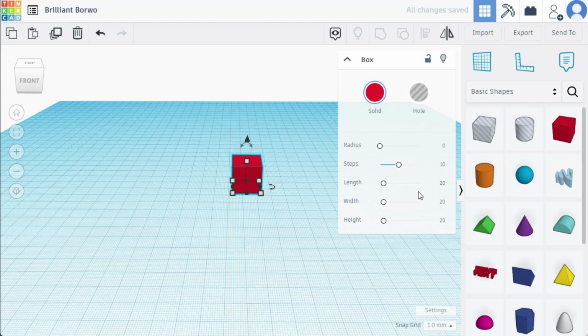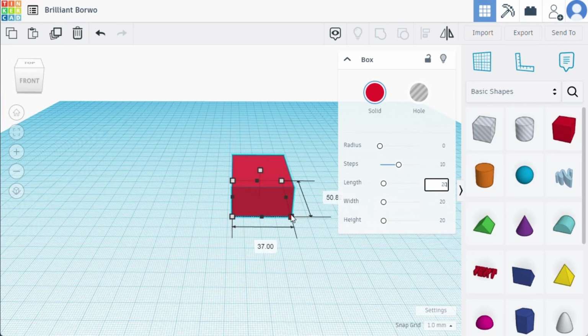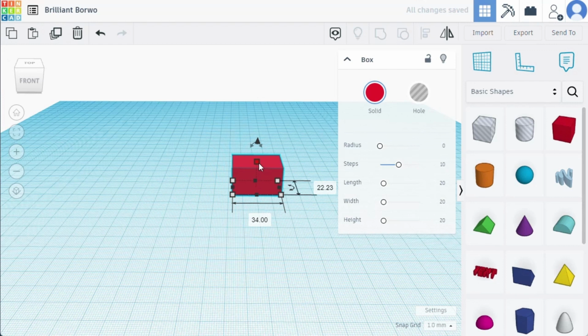And this is where you can change the size of the blocks, and you've kind of got three ways. Number one, you've got the slider. You can click on there and type in a number, or you can manipulate the block through the white and black boxes, and very simple and quick. The white boxes give you two axes of change, so you can change the left or right with this one. Now in this case with the white it's only up and down, so it's one axis, but you get the idea. The black ones are only one, so you can do the length or the width. These arrows over here are for angle,